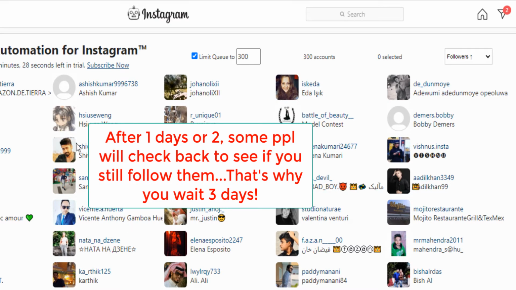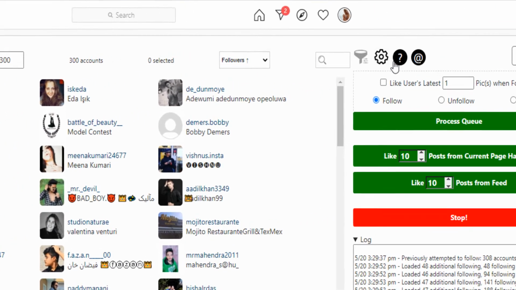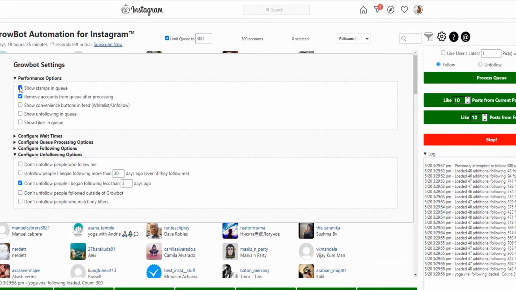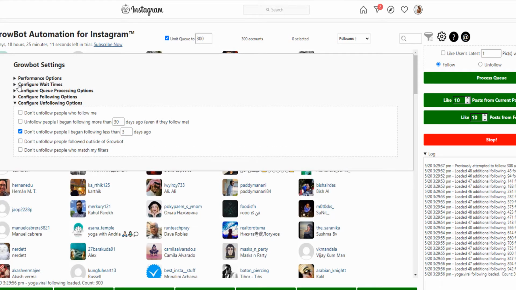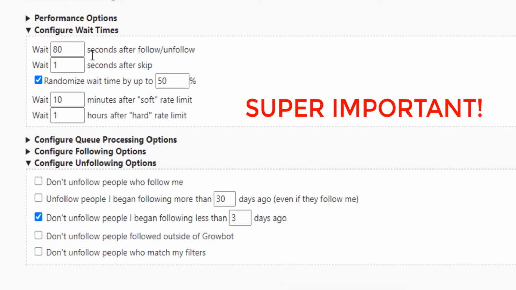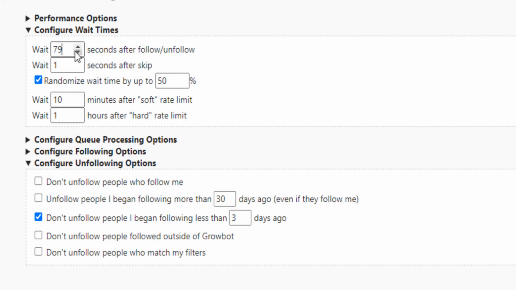Okay, so once you load them, you want to make sure you go back on your settings. These are your settings. Let me just put the stamp in queue so you see that it unfollows people, actually show unfollow on queue. Now you want to go back on your configure wait time. Always make sure you put enough space between either following and unfollowing.